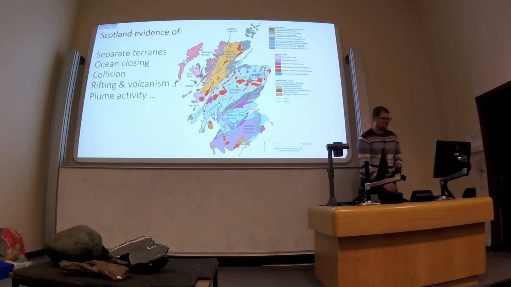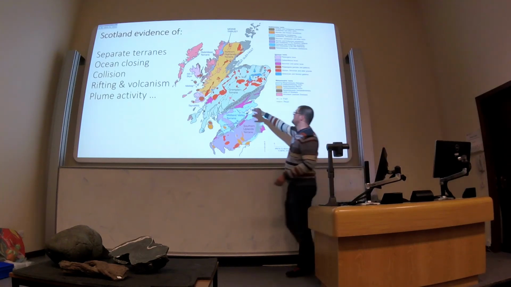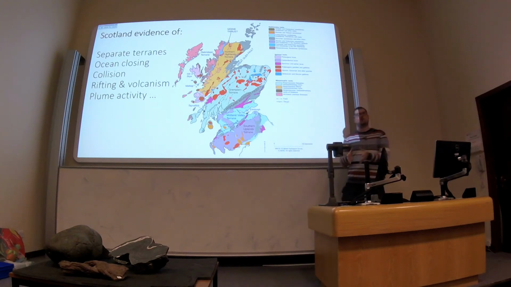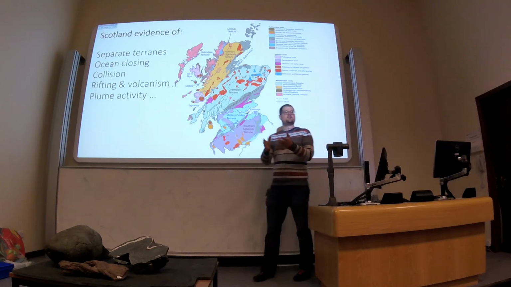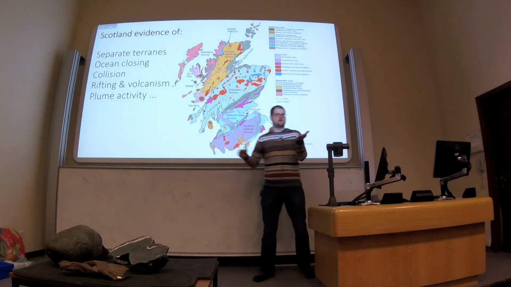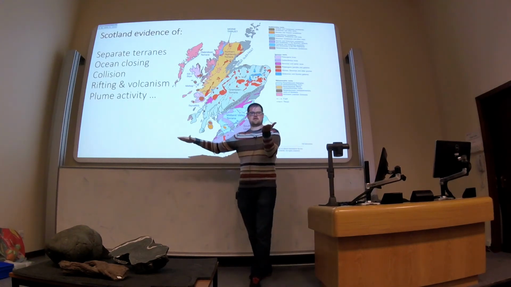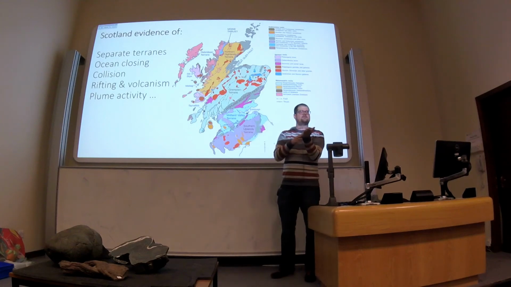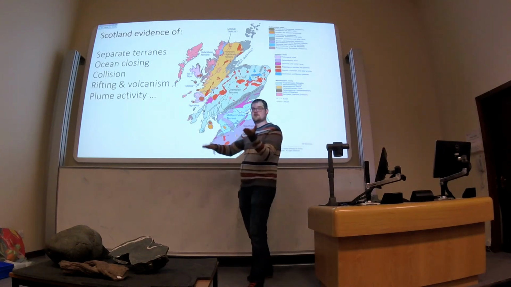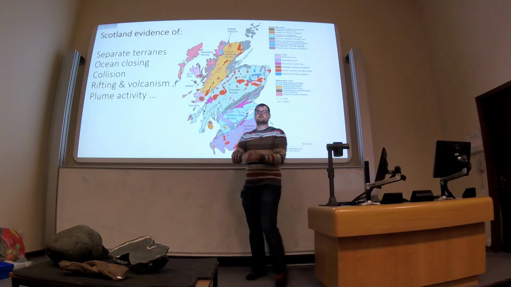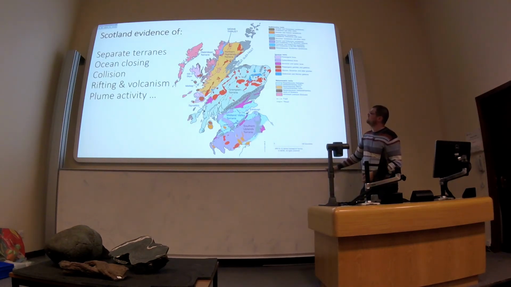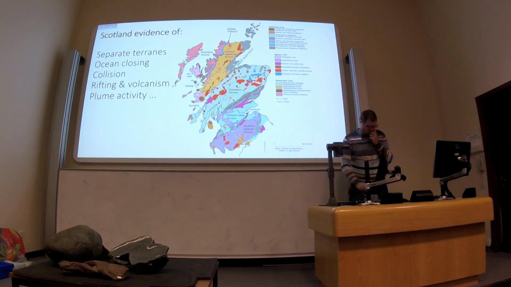grey-green stripe down there. Okay, so all these different stripes are basically bits of crust that have been formed at the margins of a continent. So you've had a continent and you have something that's smacked up against it, and that's left the stripe of rocks that they've formed, and then another bit of continent has come up, smacked up against it.